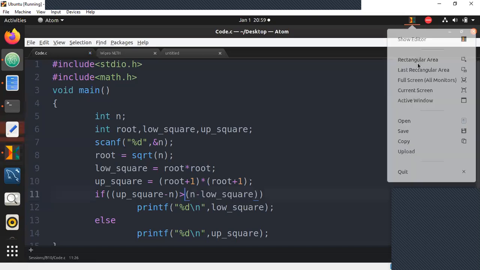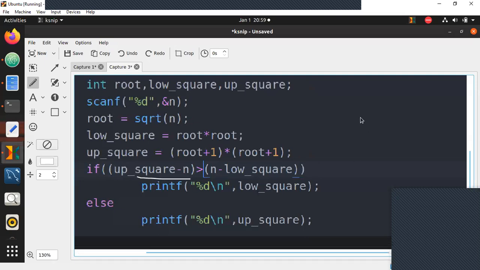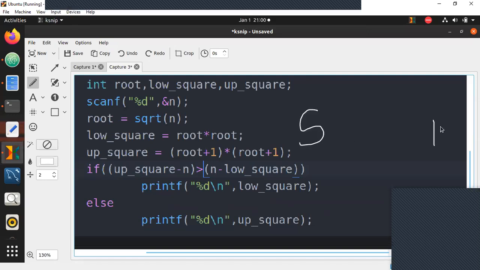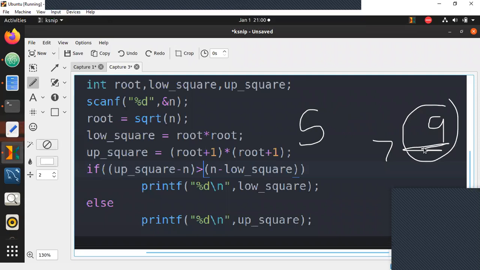Observe this, guys, since some of you are slightly confused with this. I'll explain this. Think that the distance to the upper square and lower square is the same. I'm just going to take one example, even though it's not valid. Think 5 is a perfect square and 9 is a perfect square. If the given input is 7, the difference here is 2, and the difference here is also 2.